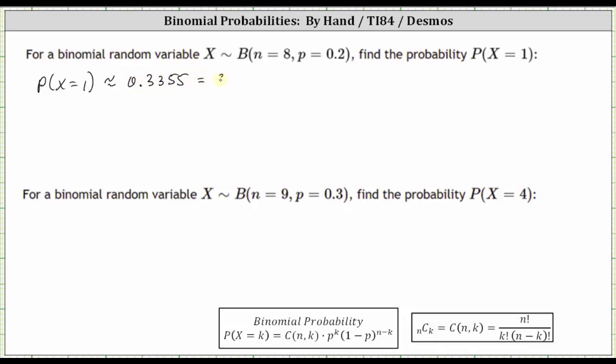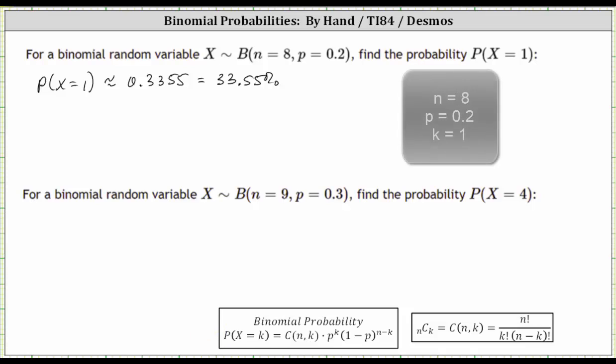Which is also equal to 33.55%. Let's also write the probability using the formula below, where for the formula below, n is equal to 8, p is equal to 0.2, and because we have the probability x equals 1, k is 1. So we have the probability that x is equal to 1 is equal to n choose k, which is 8 choose 1,